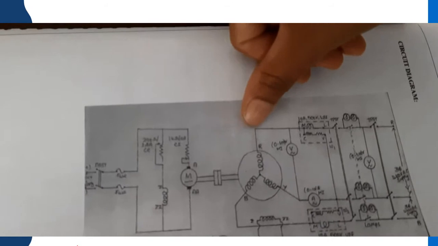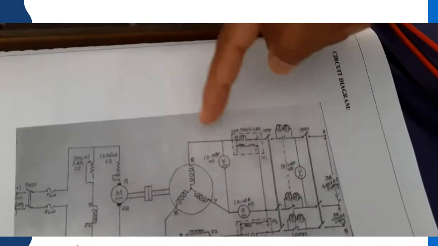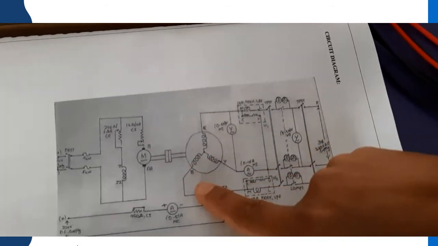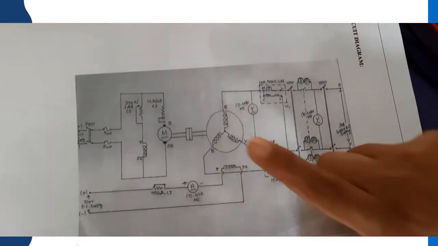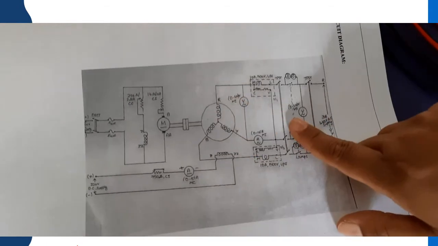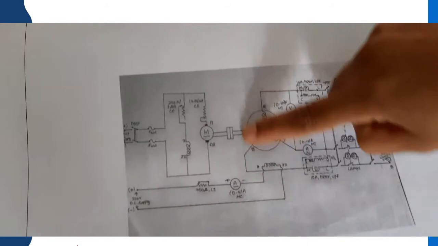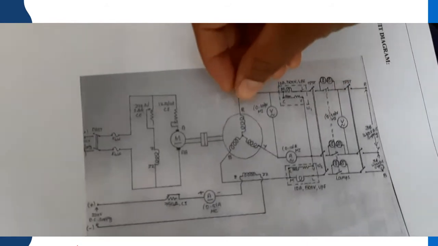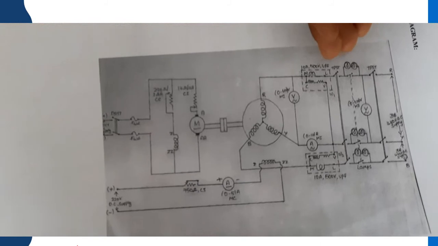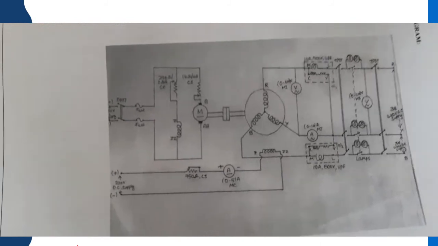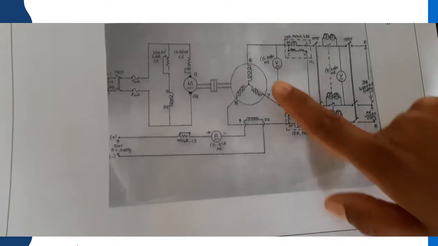In the armature part of the synchronous motor, this machine is a 3-phase RYB, but in the experiment we are using the letters ABC instead of RYB. First we will see the connection from the synchronous armature part of the machine to the wattmeter connection, then I will explain in the experimental kit.